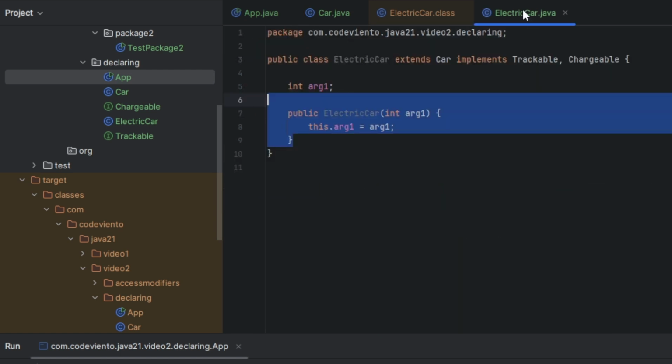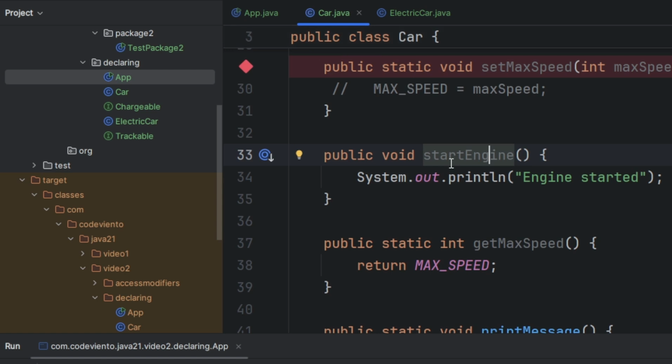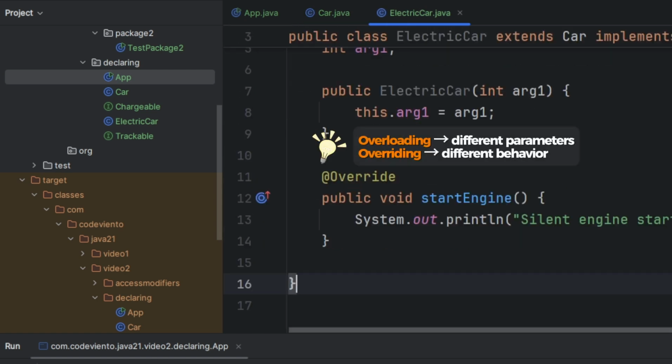And remember that electric car extends the car class. So in electric car, we can override any method declared in the car class to change its behavior. Overloading is the same method name with different parameters. Overriding is the same method with the same parameters but different behavior.